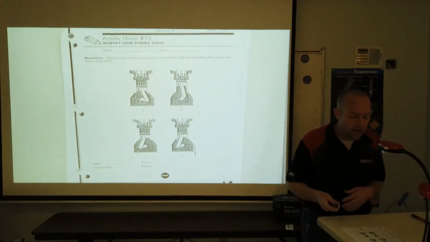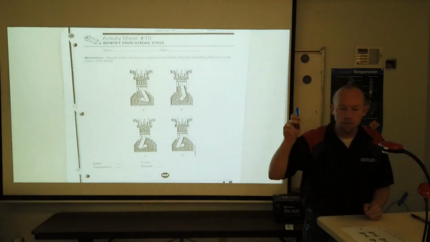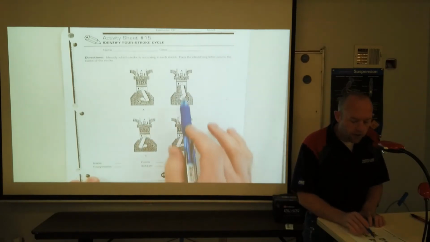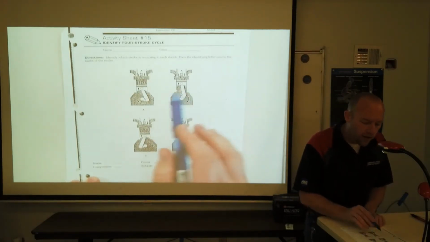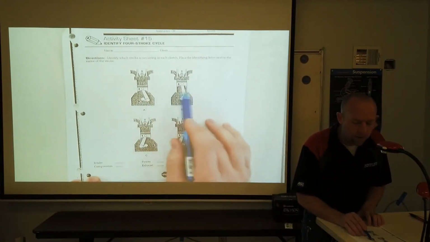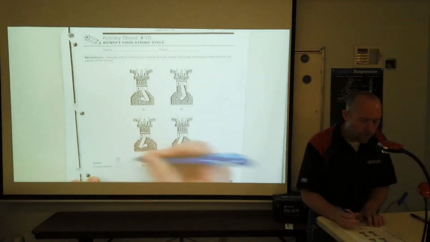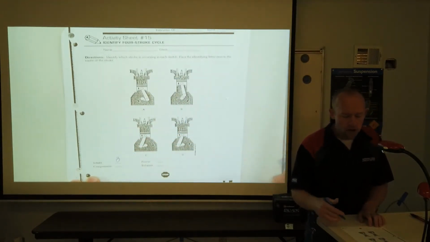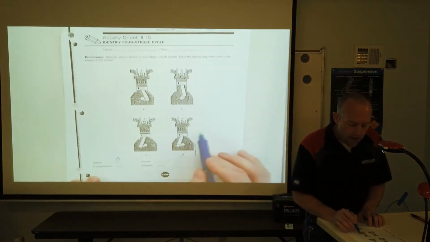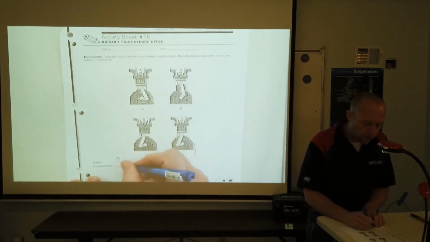So our intake stroke, we would expect the piston to be moving down and the intake valve to be open. On here, the piston's moving down there, the piston's moving down there, but on our intake stroke we would have the piston moving down and a valve open, and so B will be our intake stroke. Then on the compression stroke, we expect the piston to be moving up and both valves to be closed. On this one, the piston is moving up, both valves are closed,